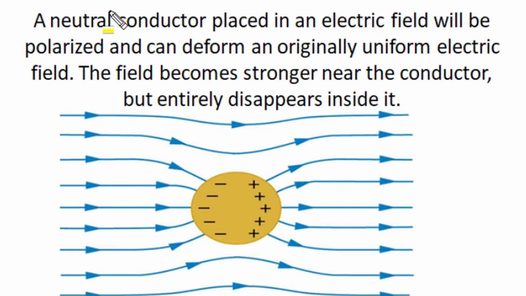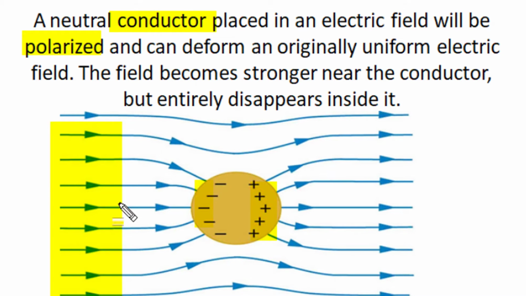All conductor materials have infinite dielectric constant or relative permittivity, or they have infinite capacity to get polarized when conductors are placed in an electrostatic field. When a neutral conductor is placed in an electric field, the uniform electric field will deform near the conductor surface by the polarizing action of the conductor, which induces charges on the surface. This phenomenon of a conductor placed in an electric field is also called charging by induction.